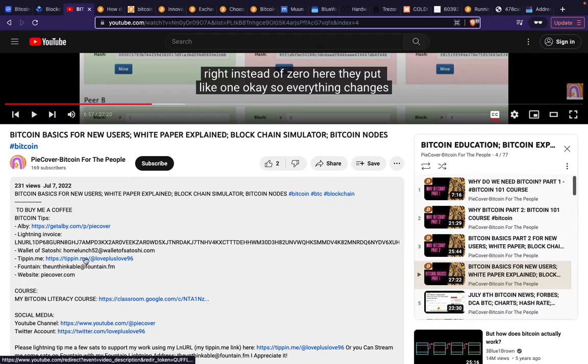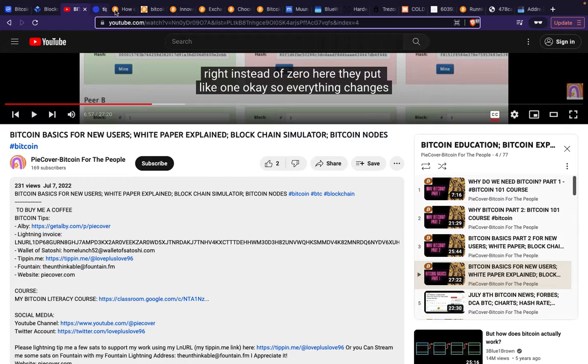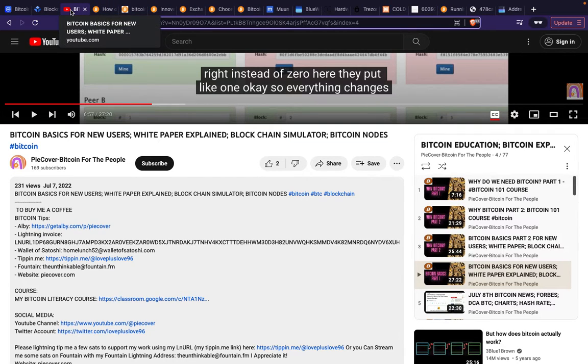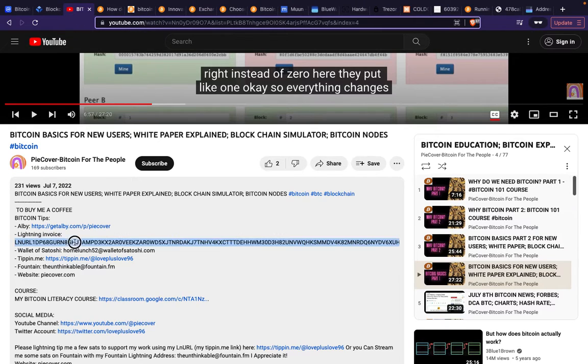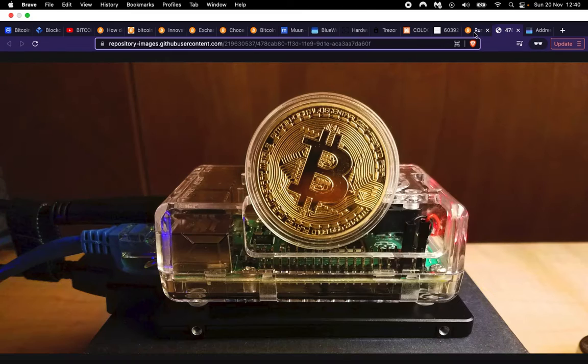So these are all those things, right? You could also use tipping.me as well, right? So amazing. And you can use the Lightning invoice and all those things. So this is the power of Bitcoin. Now I could also put a Bitcoin address on chain. You can send it to that too. But to protect your privacy and mine, I just use the Lightning Network.